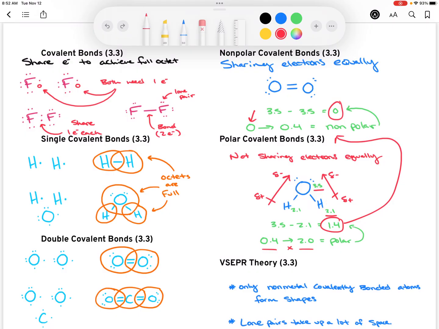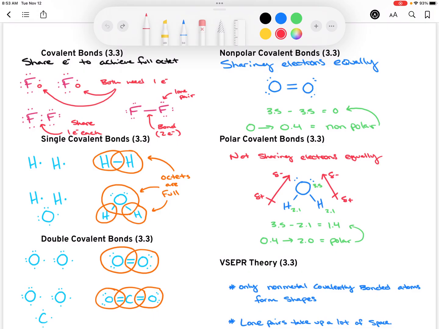And we draw this using a dipole. So this right here is called a dipole. We have a positive end pointing to the negative end. So it's like pointing to negativity. You can see the positive end right here, and it's pointing toward negative. And there's a special little character. We draw it like this. That special character means partially. So it's not fully negative, fully positive. It's just partially positive because the electrons,